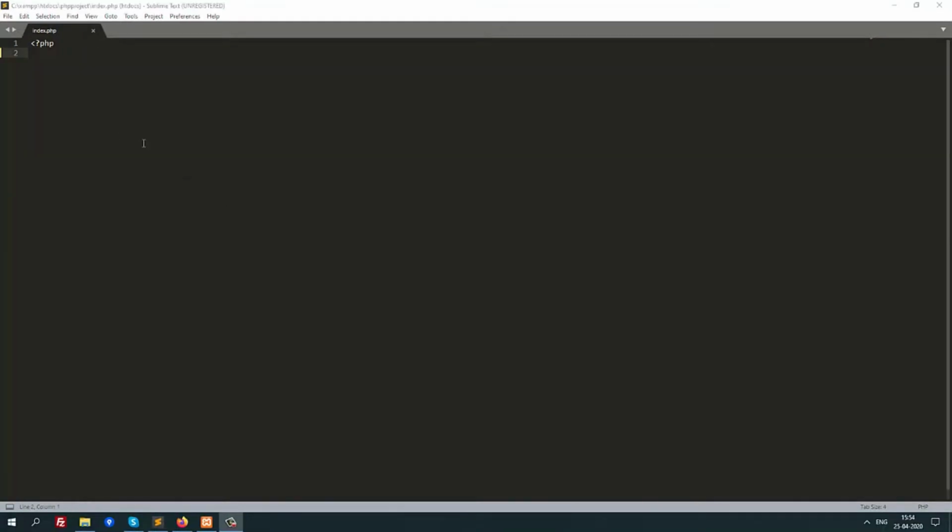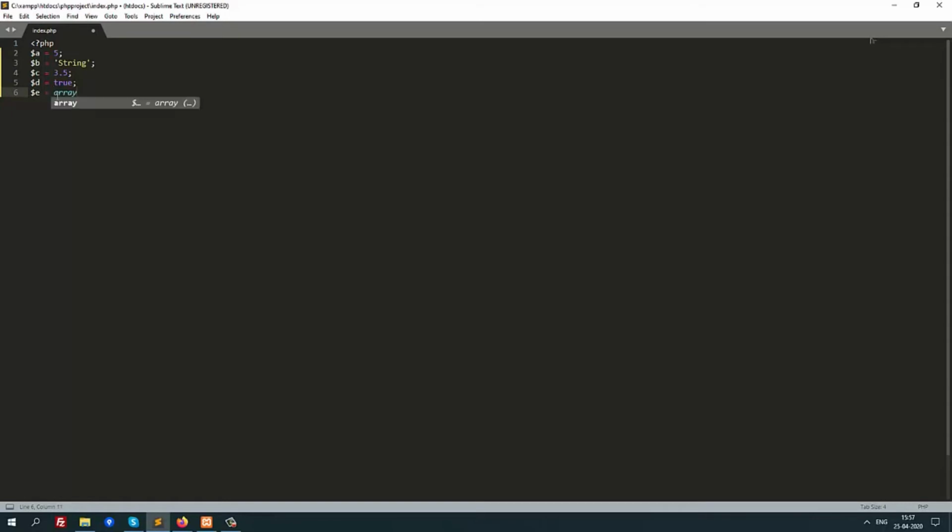Now we will discuss the different types of variables. A variable can hold data of different types. Depending on the data type of the value, we have different types of variables. An integer variable $a will hold only an integer value. A variable with data type string will be known as a string variable. A variable with data type floating number will be considered a floating variable. A variable with the value true or false will be considered a boolean variable. A variable holding the value of an array will be known as an array variable.